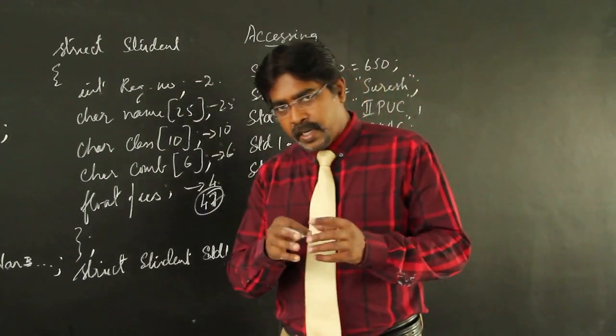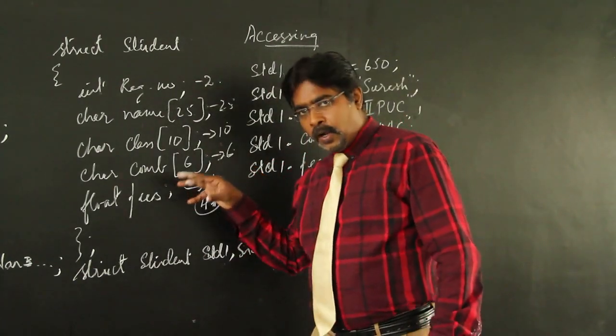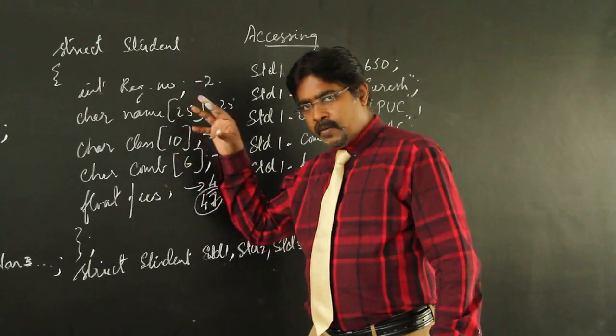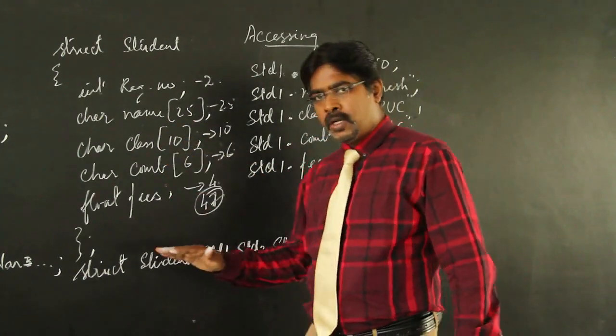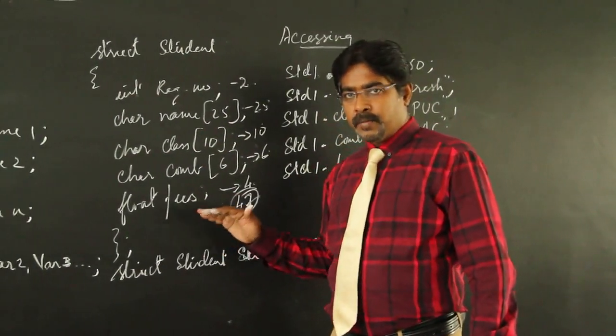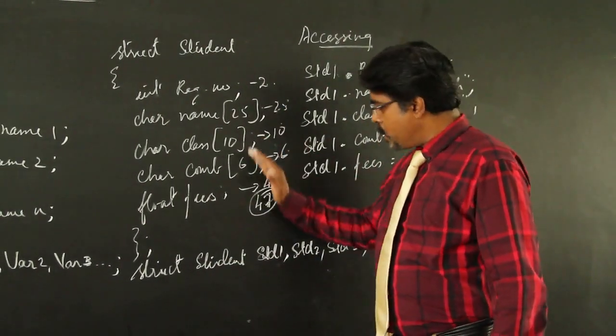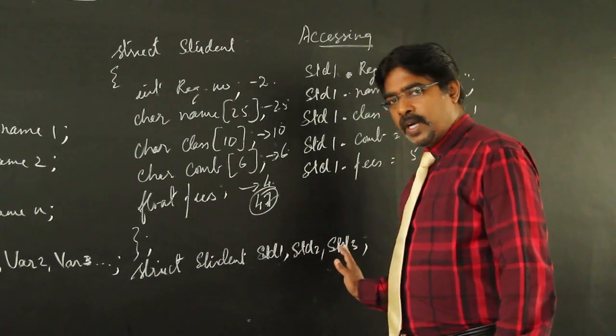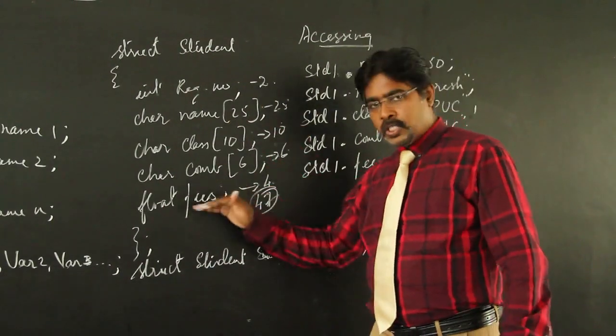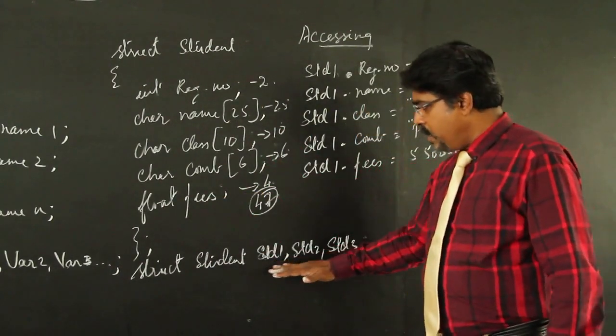I would like to reiterate, the memory allocation will be done only when the variables of a structure are declared, because if at all we are going to add one more variable, an allocation will be done for another 47 bytes. Hence, the memory allocation is depending on the variables.